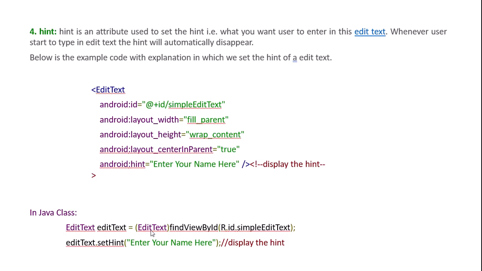And in a Java class, the EditText object equal the EditText findViewById R dot id dot name, and object dot setHint, and you write a hint to show the users,